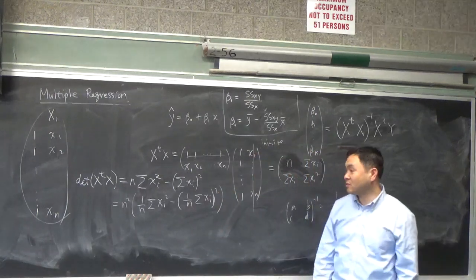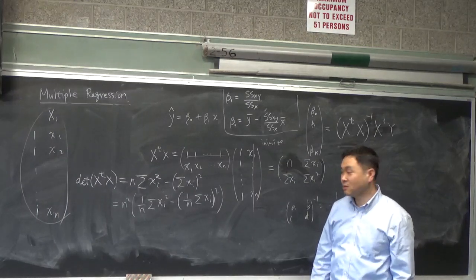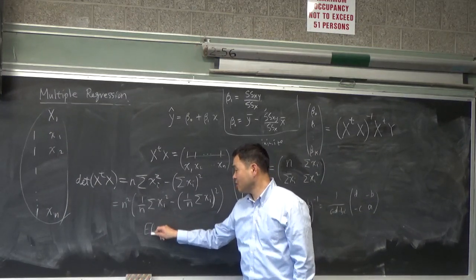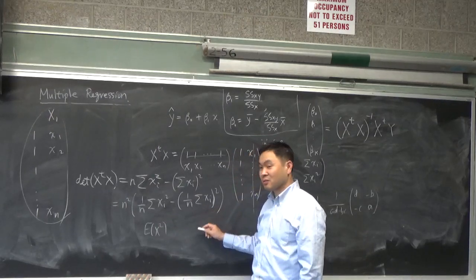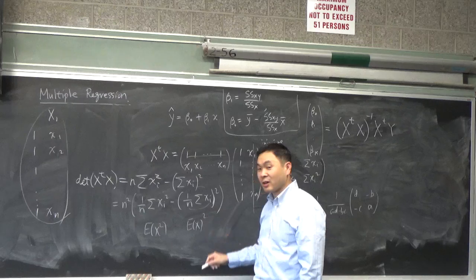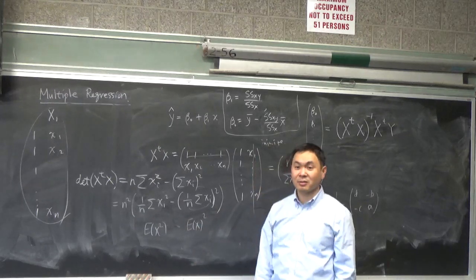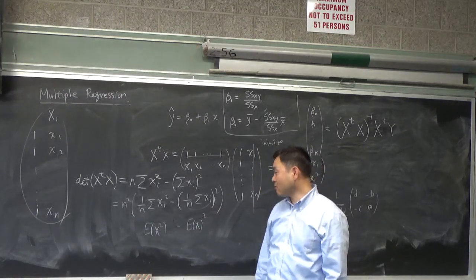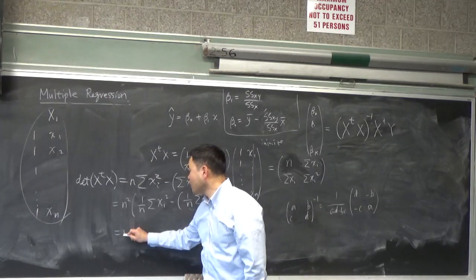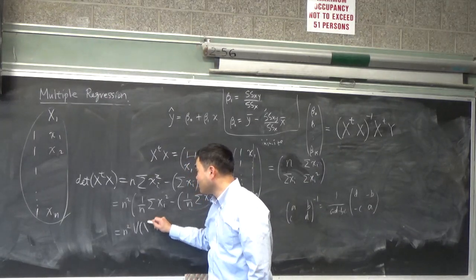Can you guess what this is? This is the average of x squared. What's this? This thing is the average of x, and then you square that, and you're subtracting that. What's that? Variance. It's the variance, right? So you have n squared times the variance of x,